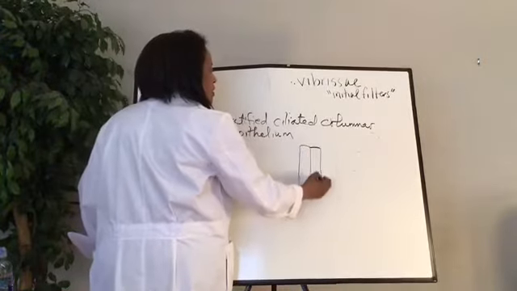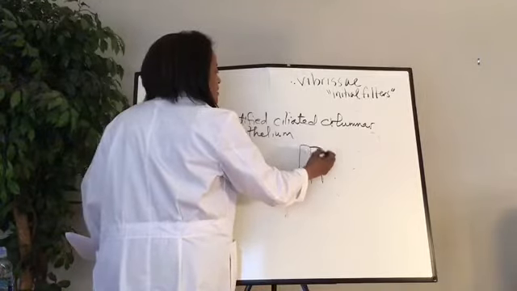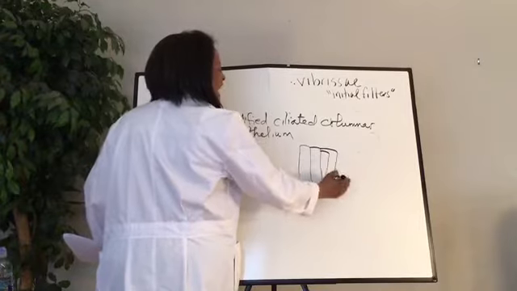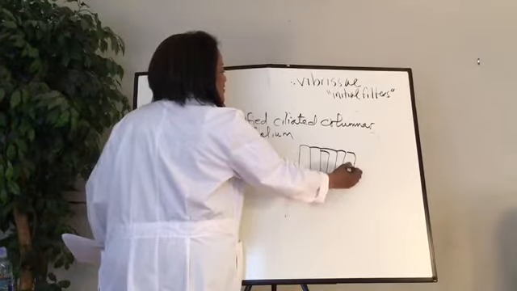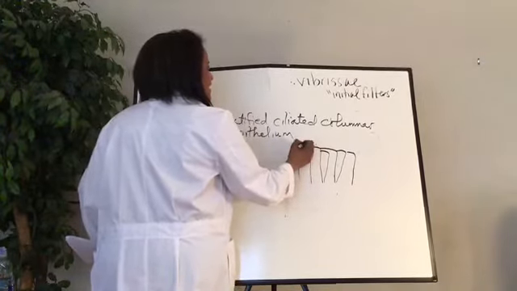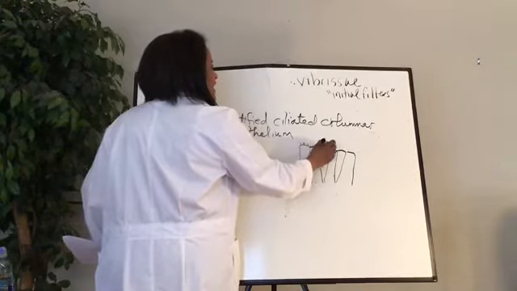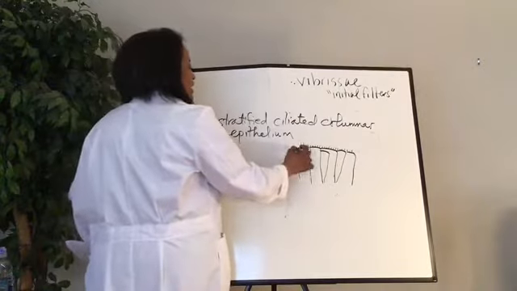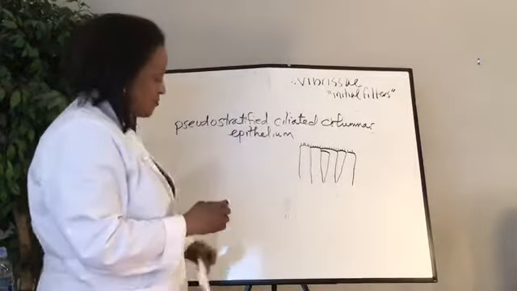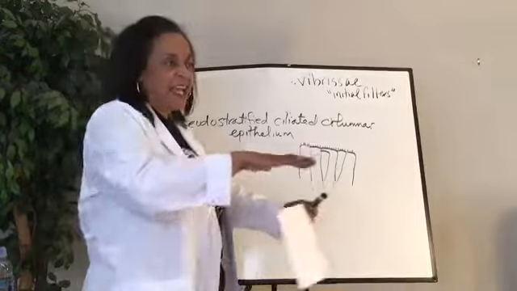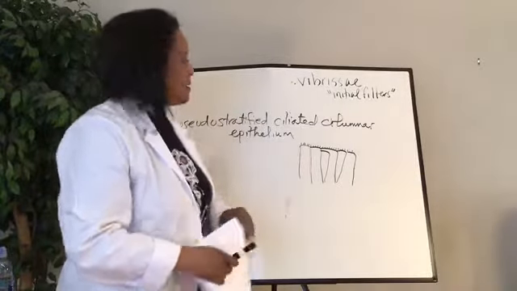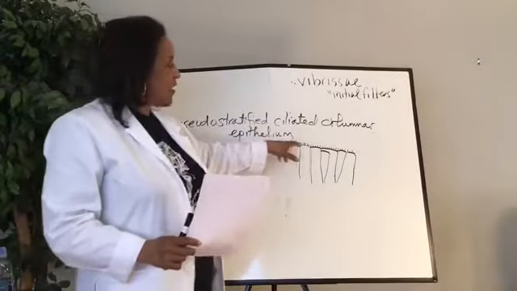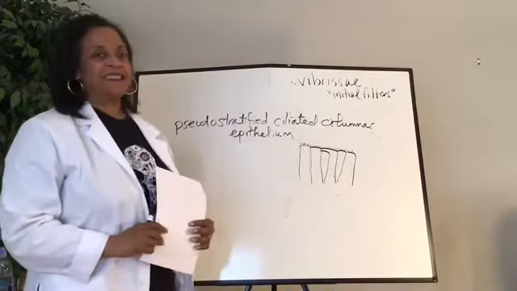They're tall, but I've got to make them kind of pseudostratified because they're not actually stratified, are they? They kind of look like it. And then I've got to put some cilia on it. So they're pseudostratified to make them look as though they're actually stratified, but they're really not. All of them don't really make it to the top. But then you've got these little hairs on here that are cilia,